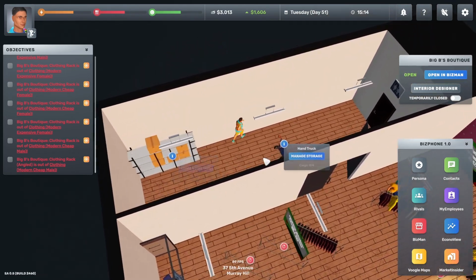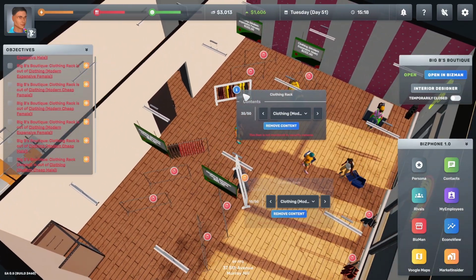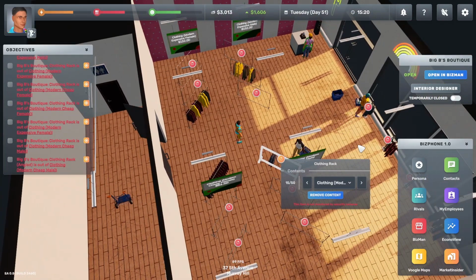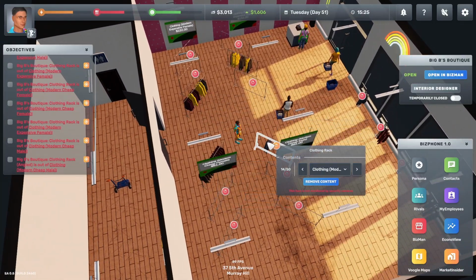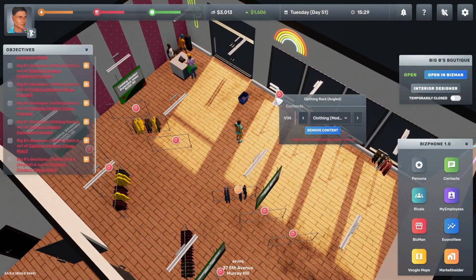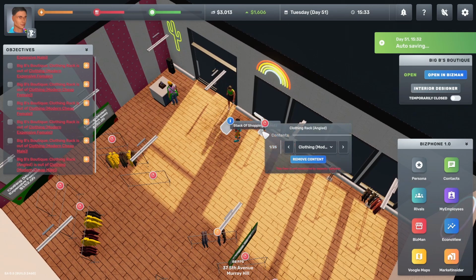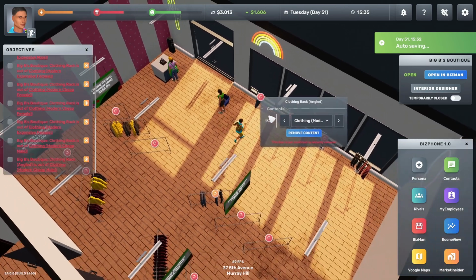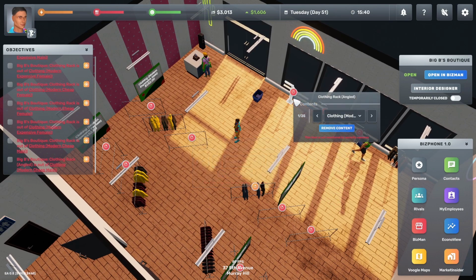So do they automatically restock things when the shelves run out? Not the shelves, when the racks run out. That's another question, isn't it? So hang on, how many's on there? There's 14 things on that. Oh, crikey, it's okay. There's 1 on there. So what's that? If somebody buys that, that is... Oh, hello there. Are you interested? Modern cheap male clothing. So if somebody buys something from there...